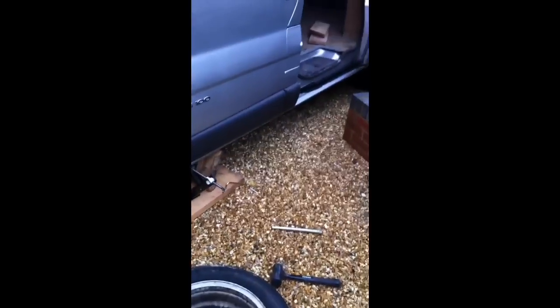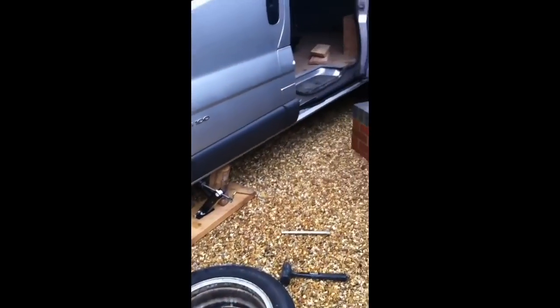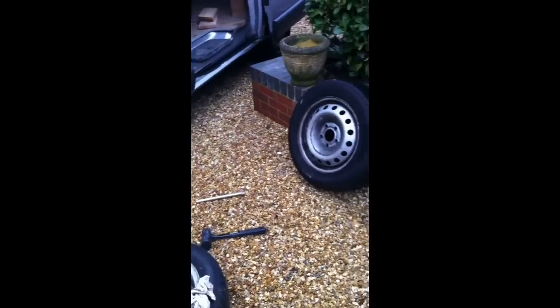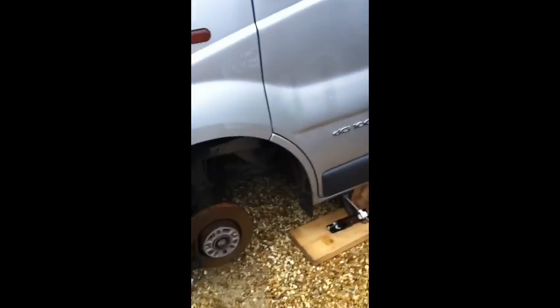Hi there guys, here we have today a Renault Trafic, and I'm going to be putting on some alloy wheels that I've got. You can't really find many alloy wheels that fit these vans. You have to go with the next best thing, which is a BMW wheel, which is a 5x120 PCD. The van PCD is 5x118, so 118 PCD, so it's close, but it's not a problem because you've got